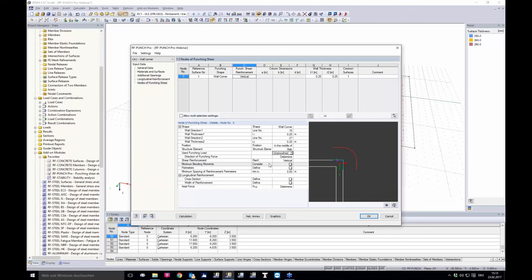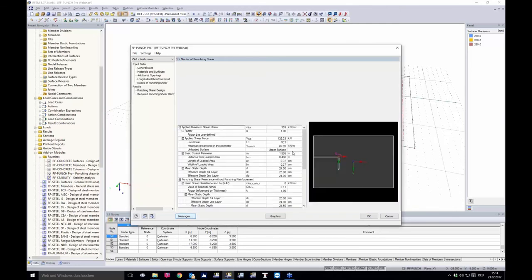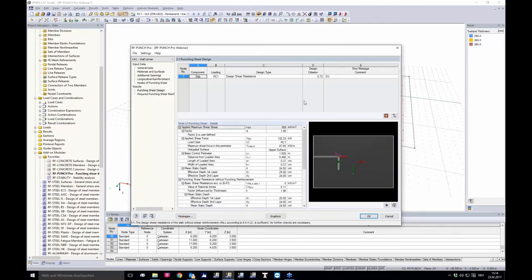The further adjustments could be the direction of the punching force, although this is recognized automatically, but can be changed. And the consideration of minimum bending moments, the manual definition of the parameters, and the definition of a longitudinal reinforcement for the design. We're going to do that later, so I'm going to leave that here and do a calculation. Okay, now we get a design criterion for this design with an unsmoothed approach of 0.72,